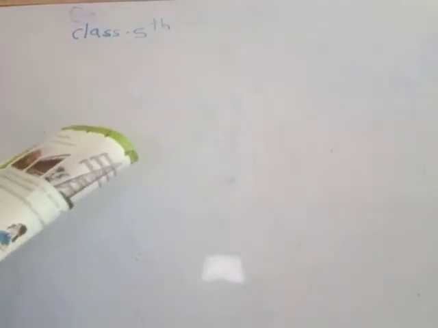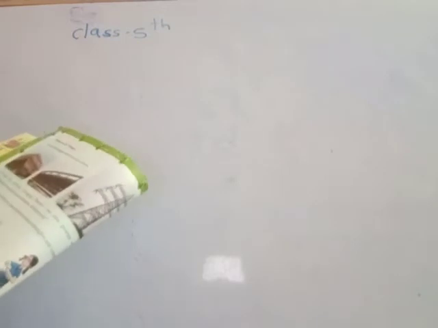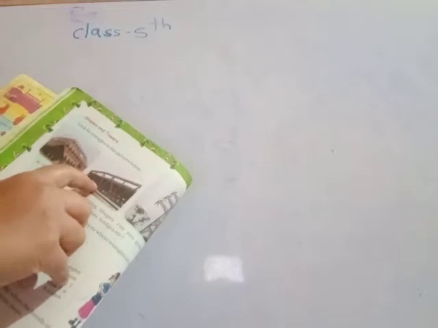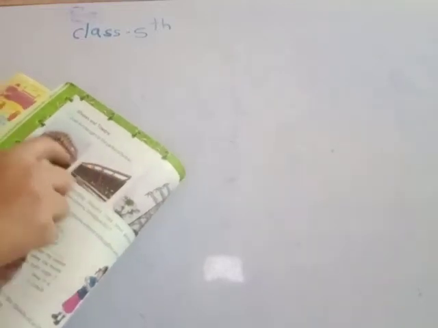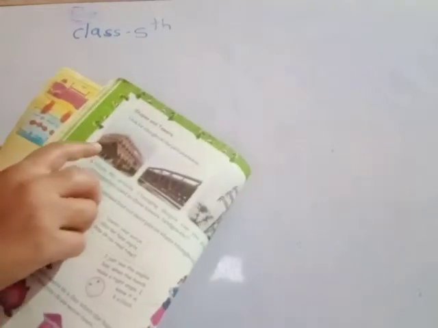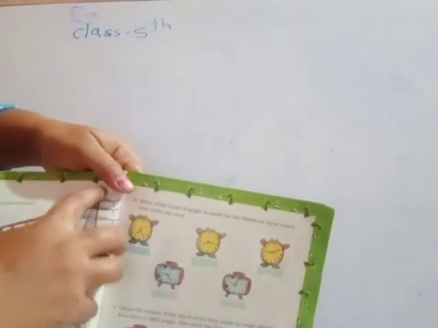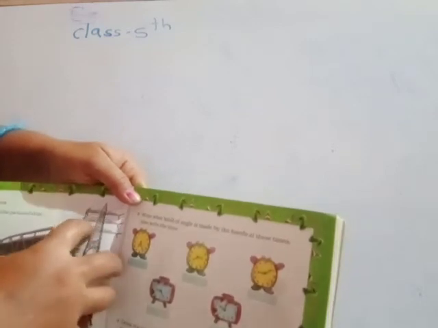From the activity of changing these shapes, can you guess where triangles are used in these towers? See here, in these towers, triangles are used. In this type, triangles are used. The towers are in the shape of triangles. In this tower also, there is a triangle shape. This next one also has a triangle shape. All these towers have triangle shapes.